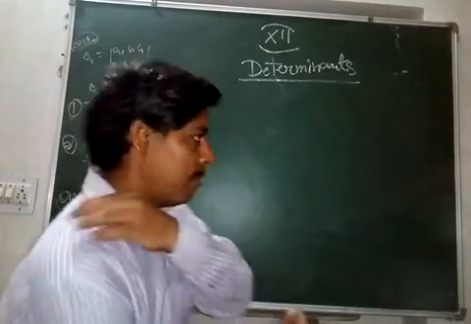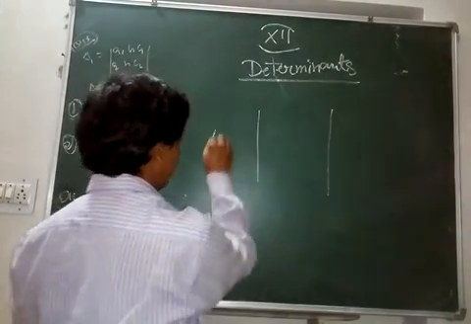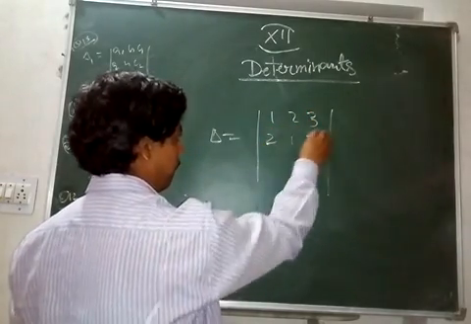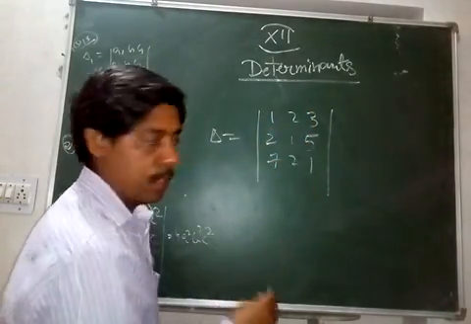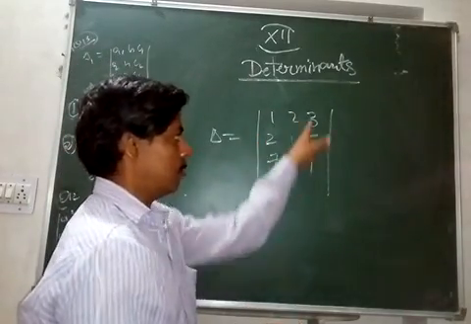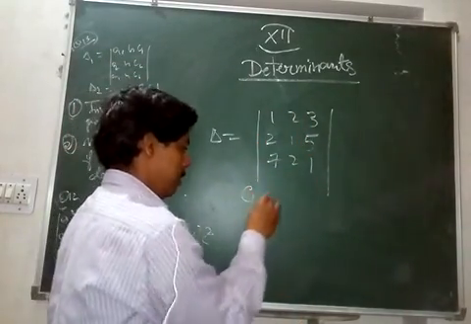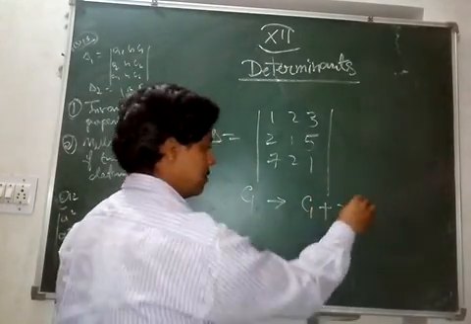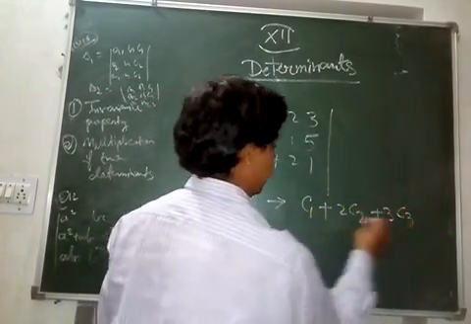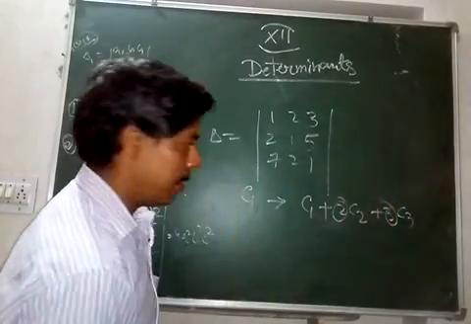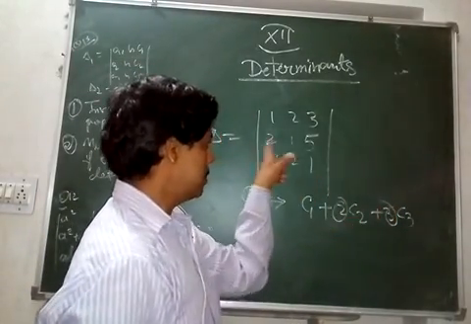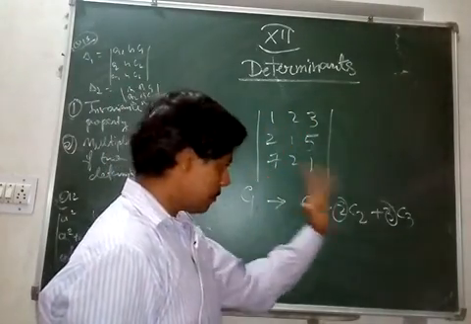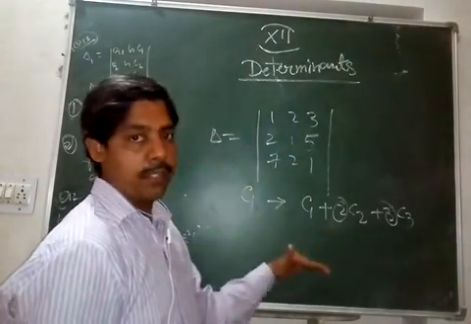So, properties of determinants, I have already told you. Suppose we have a determinant here, say delta, with numbers like 1 2 3, 2 1 5, 7 2 1. This is column 1, column 2, column 3. So we can do like this: c1, that is column 1, is equal to c1 plus any number, say lambda times c2 plus mu times c3. Any real numbers can be added to the second and third columns, and then added to the first column. Similarly, we can do the same operation with rows.